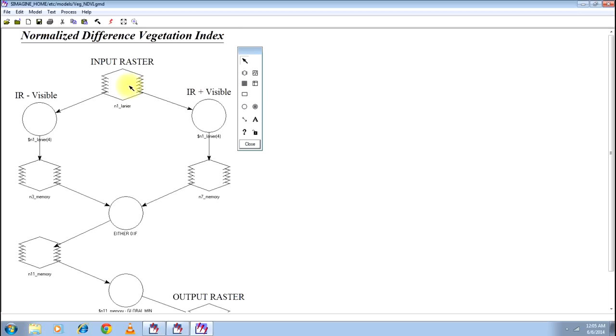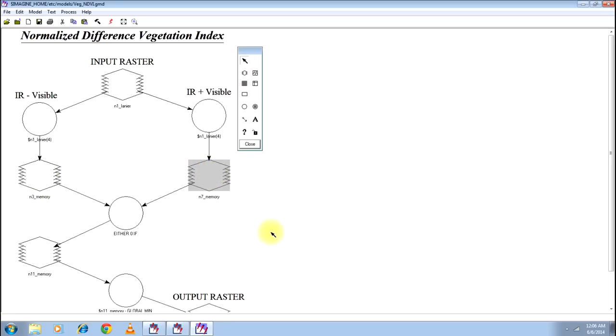Here you have an input raster, that is the file that we have selected. Then the file does infrared band minus visible band and infrared band plus visible band. The operation is performed and made into an image, that is these two.